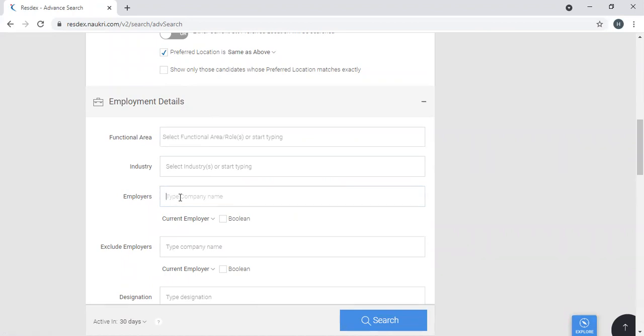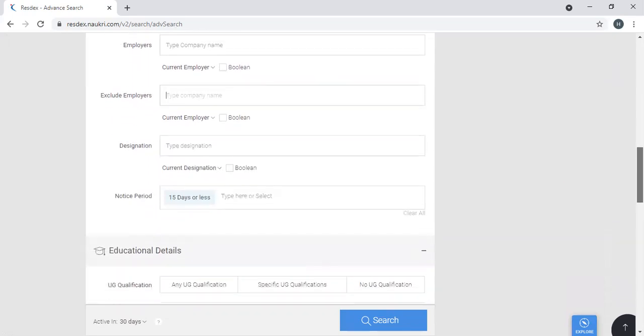You can give that option here, and it will show you all the candidates from that particular company. Similarly, you can exclude employers. Suppose you don't want to hire anybody from that particular company, you can give it here, and it will exclude all the profiles. Maybe you're hiring for XYZ company and you don't want results from the same company, because you will not be hiring candidates from the same employer, right? So it will narrow down and filter the results.